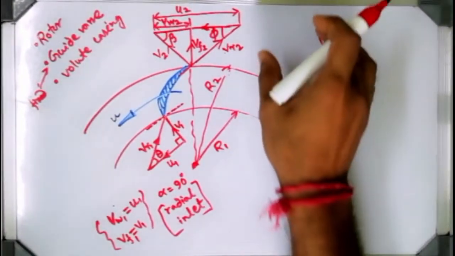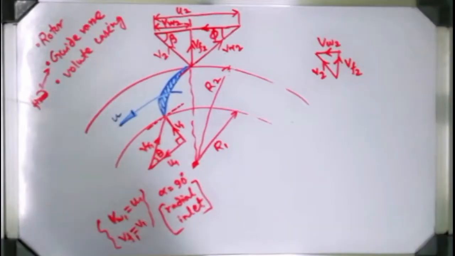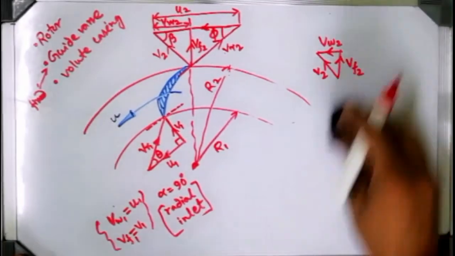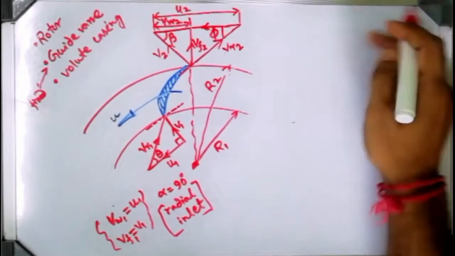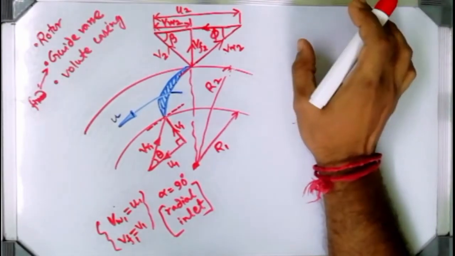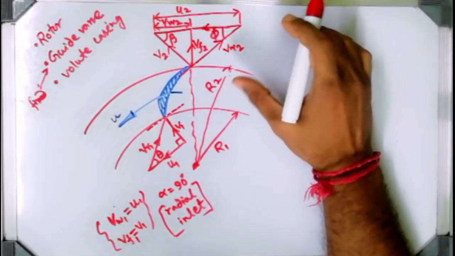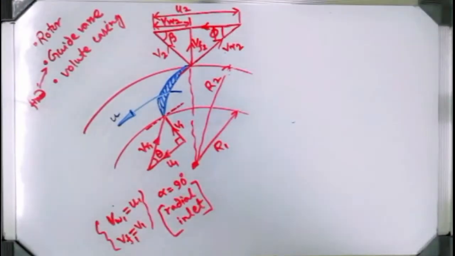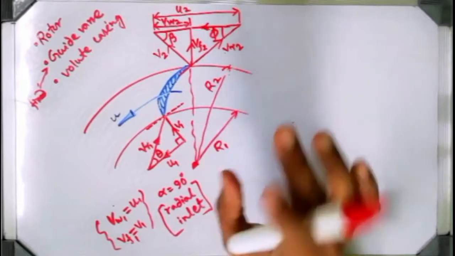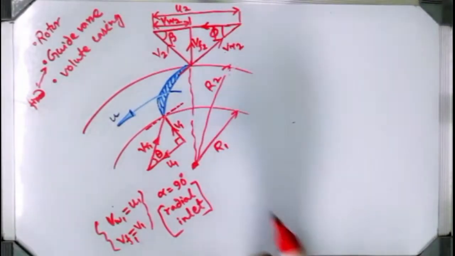If you want, I can write all these things out, and if you tell me that you can understand, then I will skip them. What are those nomenclature? Do I have to write it out or not? Tell me. Already I have made this kind of velocity diagram. I have taken 3 classes on turbo machinery already. So if you go through them, I think it will be clear which velocity is which one and which angle represents what.